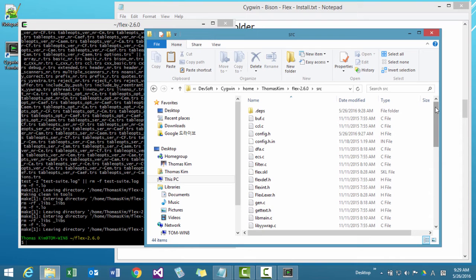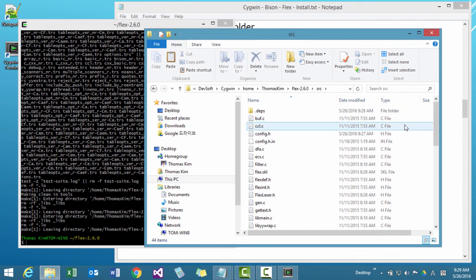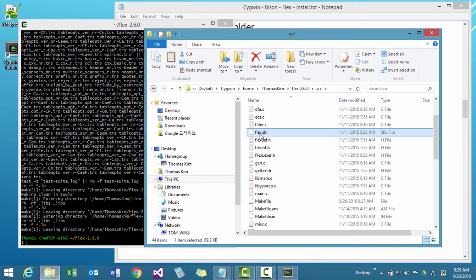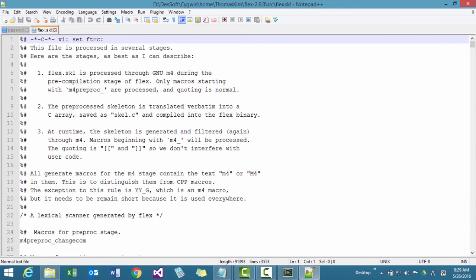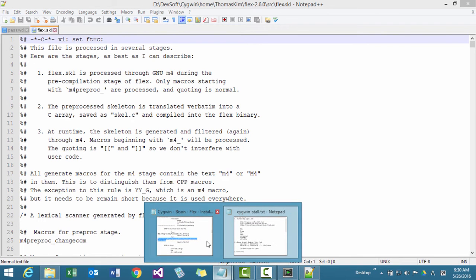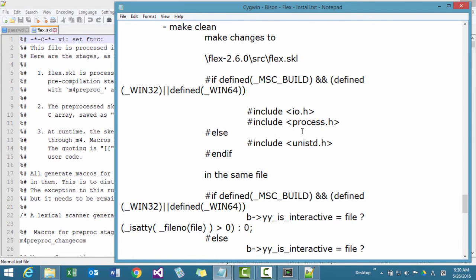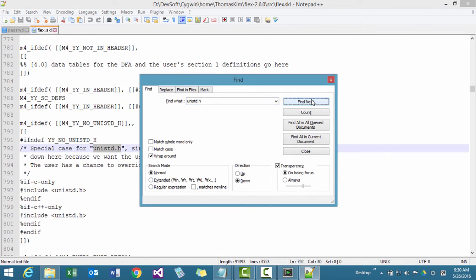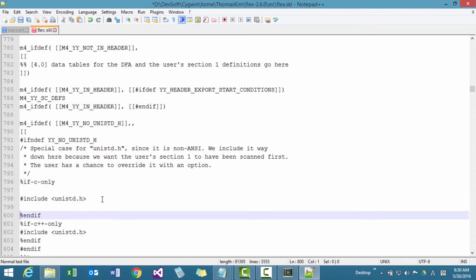Then we are going to make some changes in the command scheme. Again, Flex, then go to source. In this folder, we have to make changes to flex.skl. Here, we will change this file. Right click it, then edit with Notepad. Here we have to find this text like this. Control F, paste, then next. Okay, here we have to change like this,